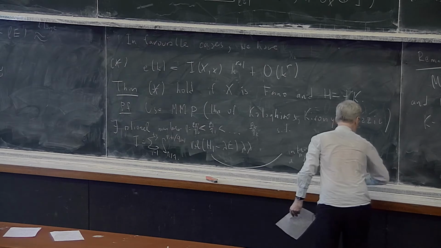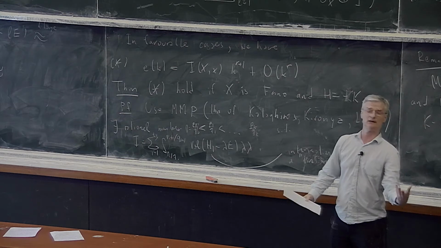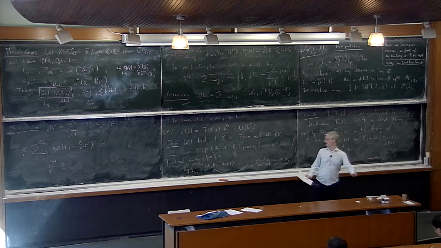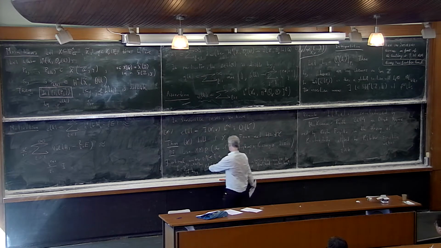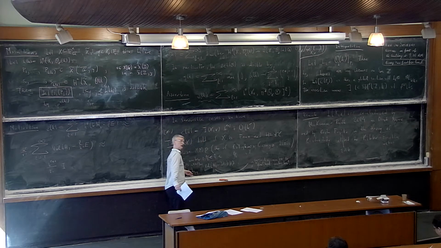So this function is piecewise polynomial, and you have only finitely many pieces, and on each piece you use a Riemann-Roch, because you can express this as an intersection number of an ample divisor. This is not ample except on the first part, but it's equal to the volume of an ample divisor on this birational contraction. So this means that you can compute it using intersection theory, and you can control then the